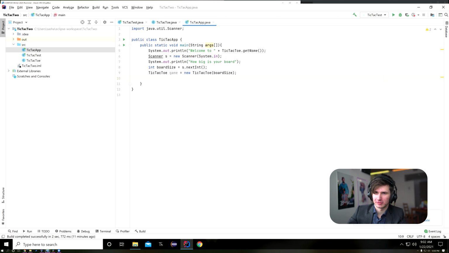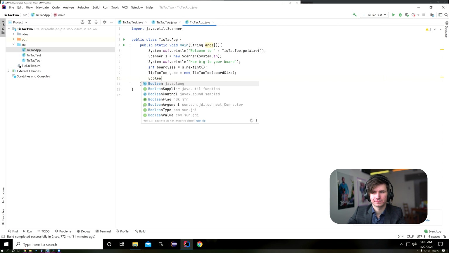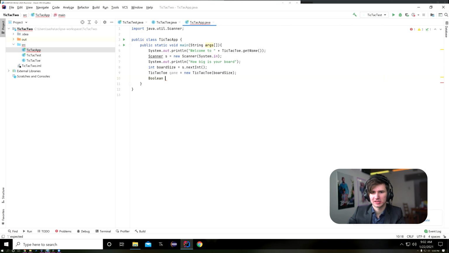But now the important part is what I'm going to get to right now. So the game is going to be a new TicTacToe. We're going to say boolean player is equal to false. Right? And now we're going to say while true,